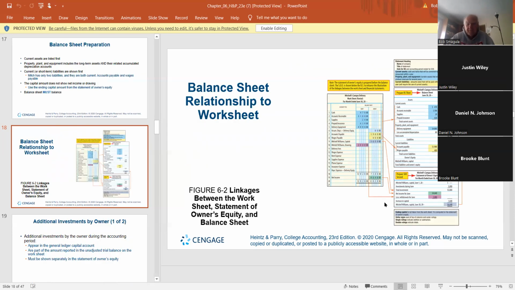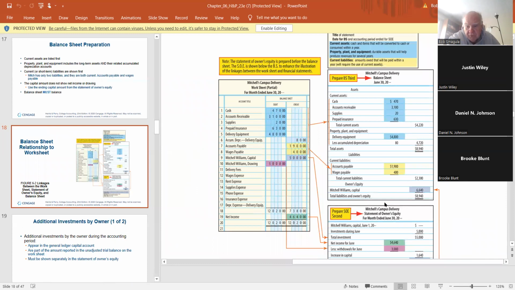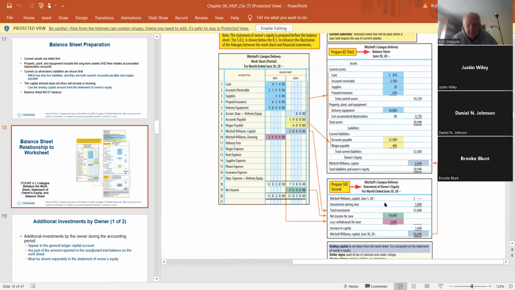And here we're looking at the balance sheet relationship to the worksheet. So here we have our famous worksheet, the final trial balance, and we know we now have to do the statement of equity. So what was the beginning number for equity? You get it right here from the trial balance, $5,000. That's your beginning number. We had net income, which we figured out was $46.40. Add that, subtract the withdrawals, and we're down to